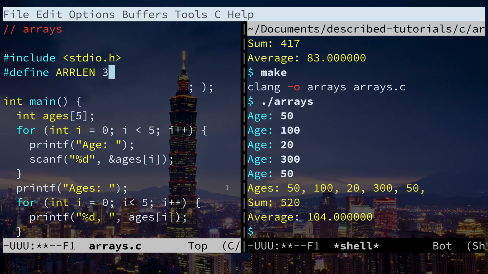So that's ARRLEN, and it's all caps. Okay, so now down in main, we have int ages[5]; and we're going to go right here. The bracket matches int ages[. Get rid of the 5 and put ARRLEN: int ages[ARRLEN];